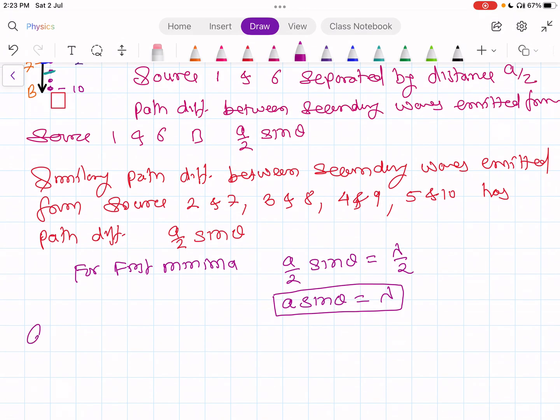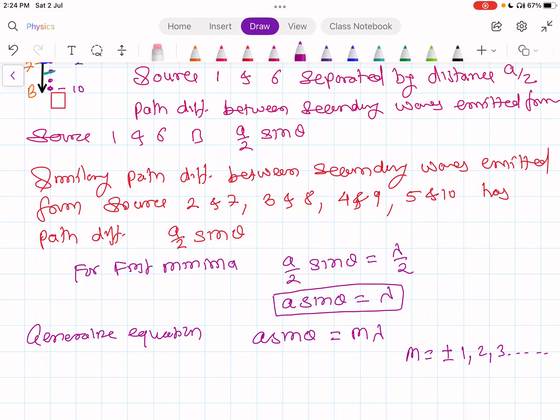Let us generalize this equation. We can write this as a sin θ = mλ. In this case, m is ±1, 2, 3, etc. So we get the equation for the minima. When a sin θ = mλ, we get the minima. But this equation a sin θ = mλ